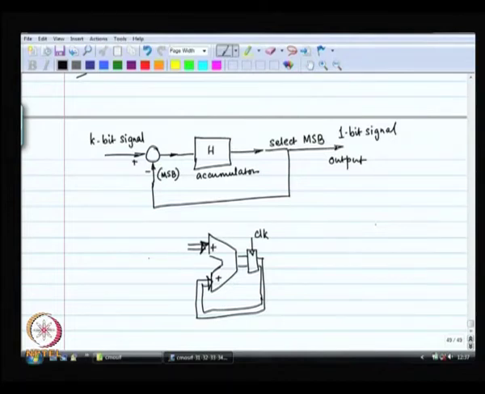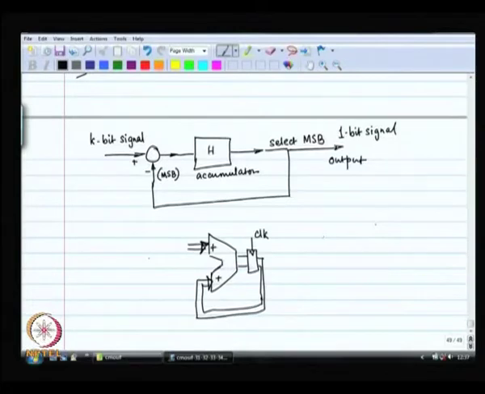So, every clock cycle you take the previous output and add it to the new input, that is going to be your new output, right. So, this has a transfer function of, let us say this is y, this is x,